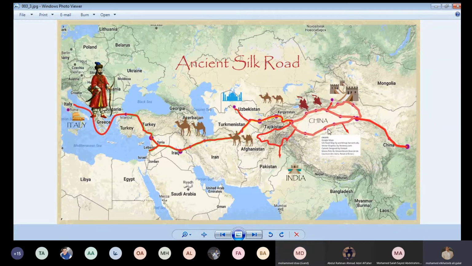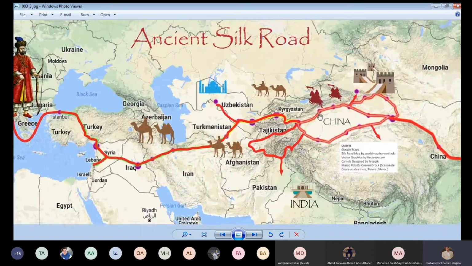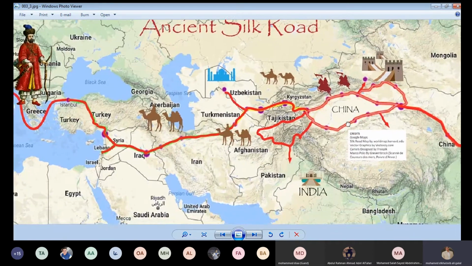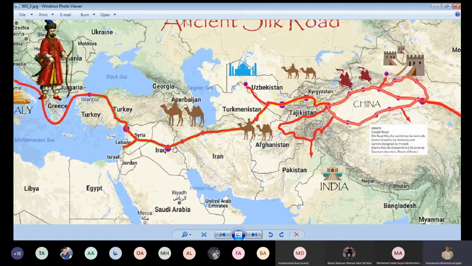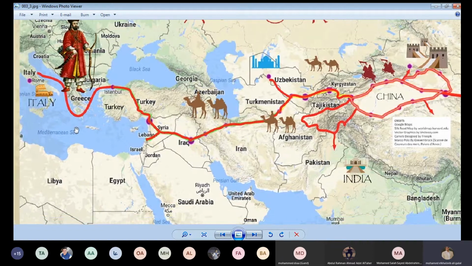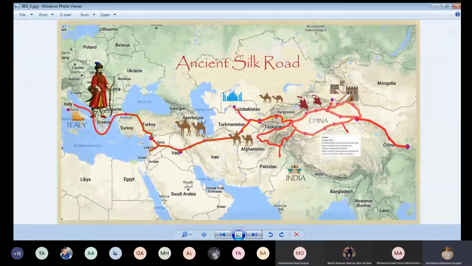I have already bought some goods from China, but I must pay a certain amount of money on every single dot here until I reach Italy. What's the result? The result can simply be, they will stop using the Silk Road and they will try to find another route. Exactly. This is the ultimate goal, by the way. They want to look for alternatives.